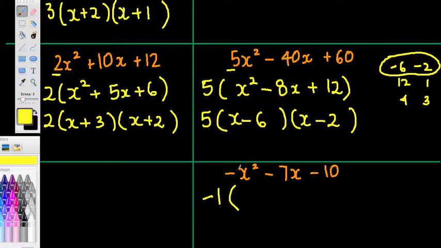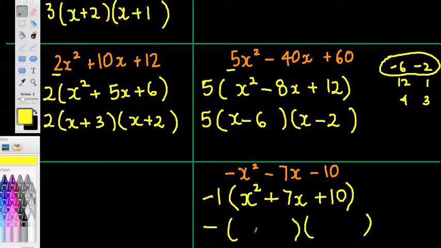Now, what I mean by that is if it was negative in the original expression, after a negative 1 has been taken out, it should be positive. When it's negative in the original, it needs to be positive. If it was positive in the original, it then needs to be negative. Now, if we were to expand this, this would be negative x squared minus 7x minus 10, and that's what we have there. Now that we've done that, we don't have to write negative 1, we can just put negative,